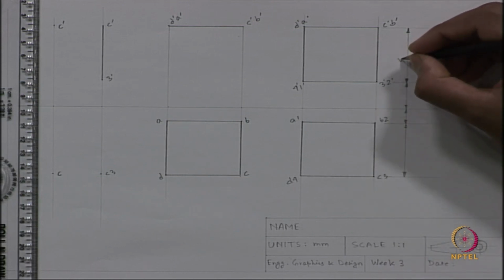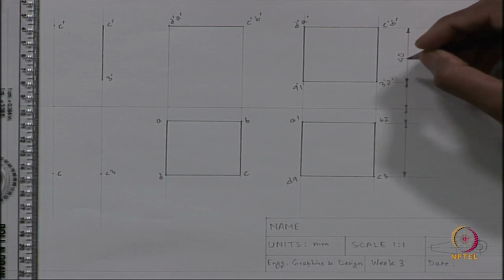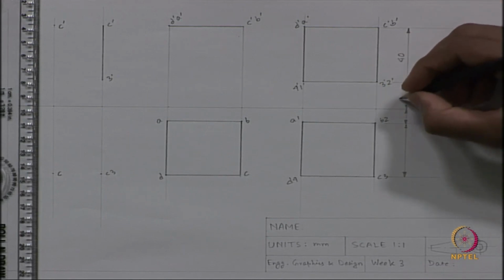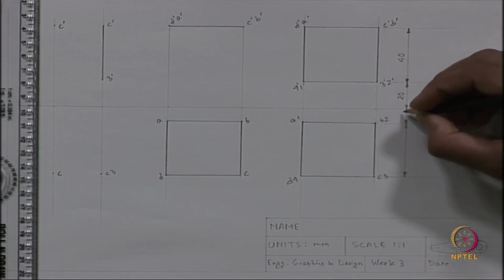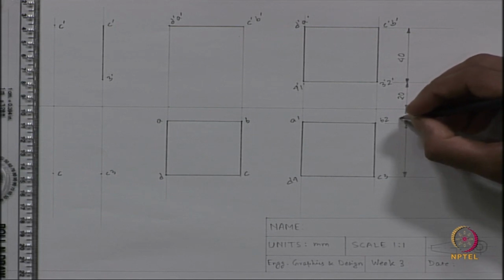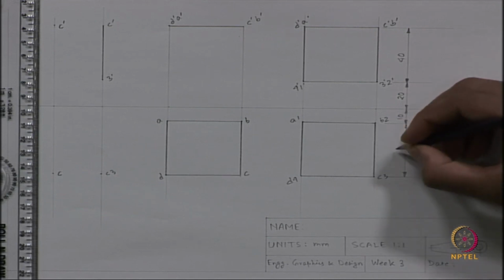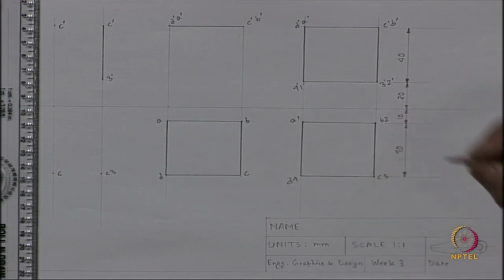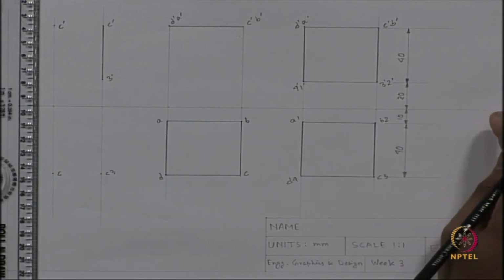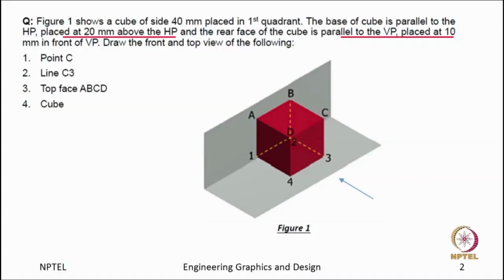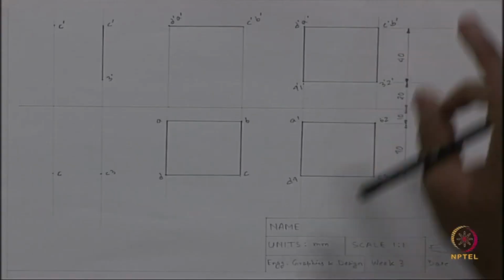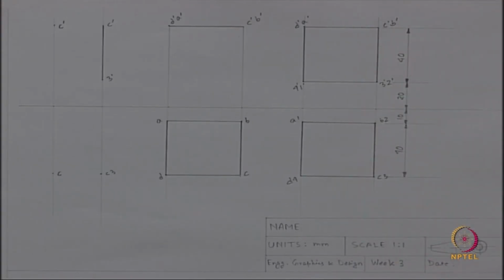This is the side, so this will be 40. This is the distance from the reference line for the front view, this will be 20. This is again the distance from the reference line, but this distance is 10 and this distance is 40. So, our dimensioning is complete, all the 4 drawings are complete. Please look at it. This is the solution for question number 1, figure 1. Now we will go to question number